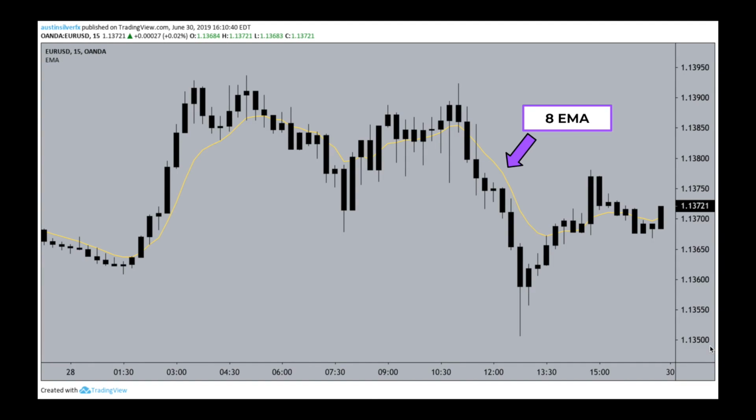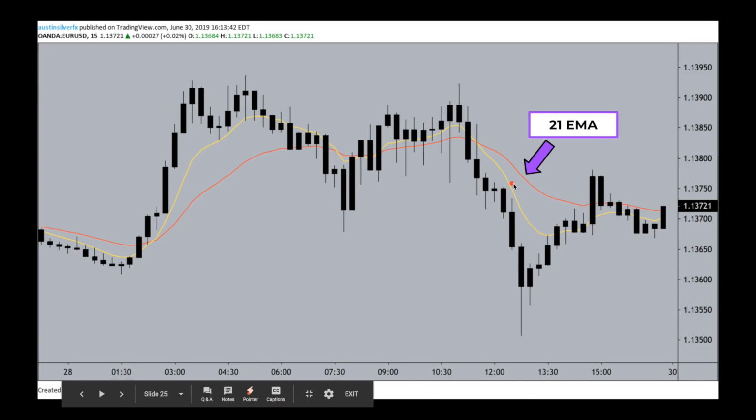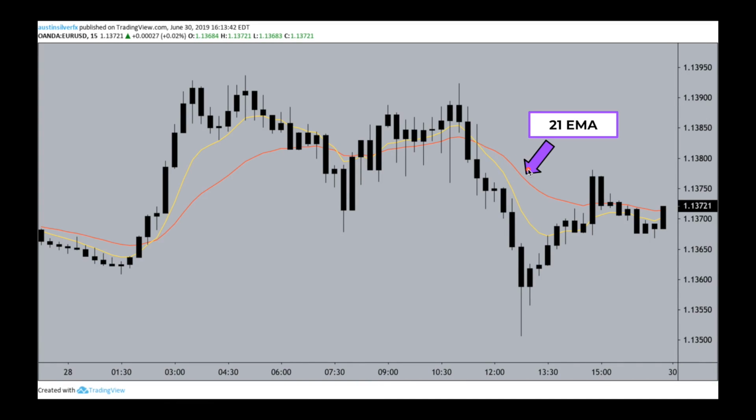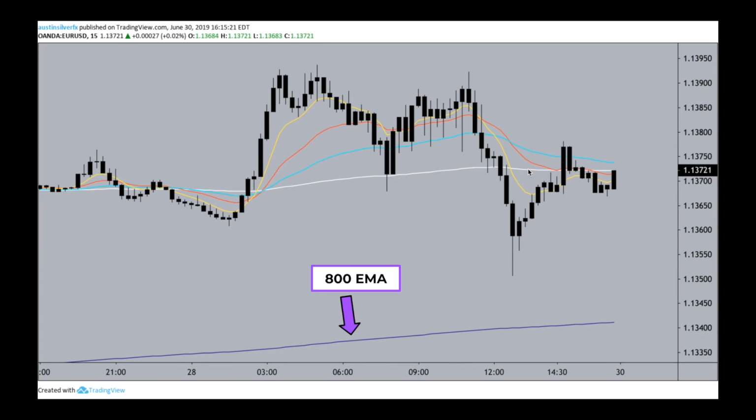So here you can see we add just 1 EMA on this yellow line. That'll be our 8 EMA. But I'm also going to add a red line, which is our 21 EMA. The 8 and 21 are different because the 8 is a shorter term period EMA, meaning it's only measuring data across 8 periods versus here, the 21, and here with the blue line, the 50. So as we add in the 200 and below that the 800, you can see all the EMAs help to paint the picture of where overall trend is going.